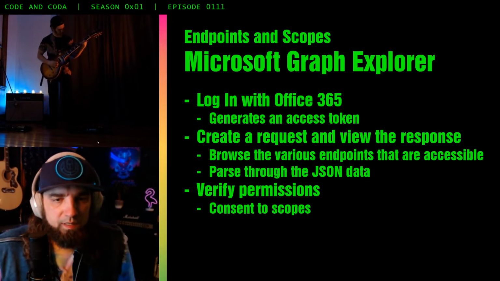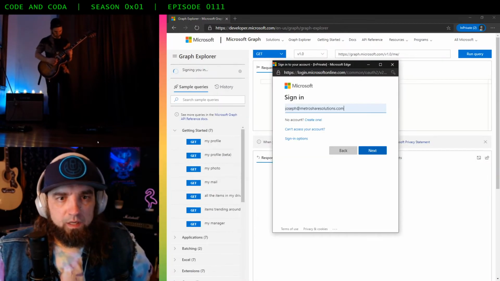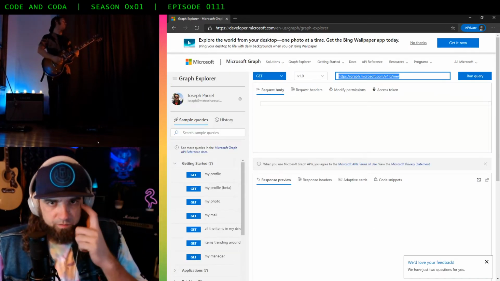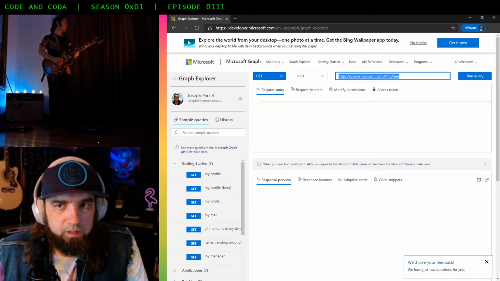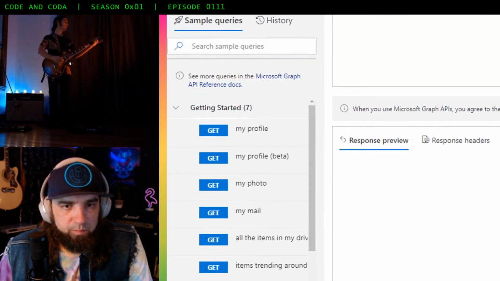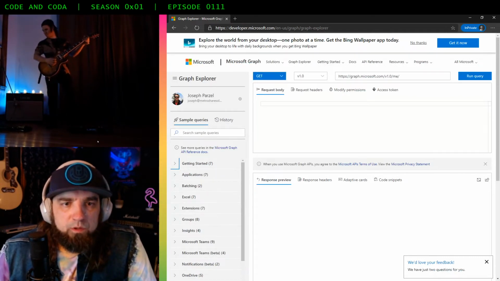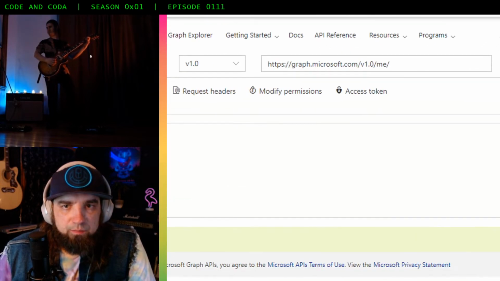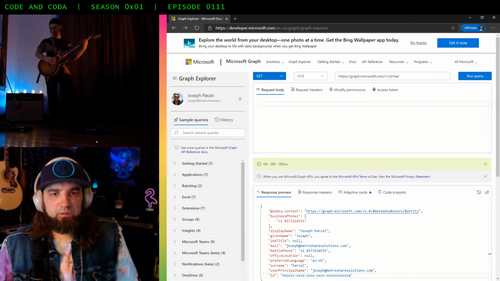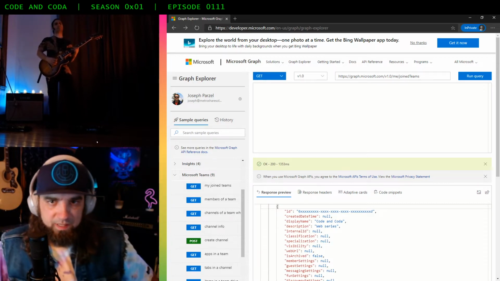So like I mentioned, we looked at Microsoft Graph Explorer. That's a website that Microsoft has developed and allows you to see how Microsoft Graph works. You can log in with your Office 365 user account. Once you log in, you see that you are logged in up here on the left-hand side. And then down here at the bottom are where all of our URLs are that we're interested in. The first one we tried to run was the /me URL, and you can see the JSON data that we get as a response. So we started parsing through some of that data. We started looking through some of the other commands like my joined teams.